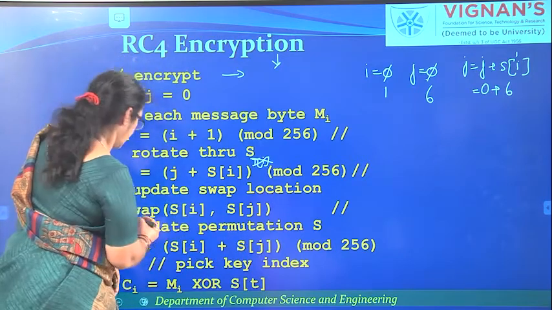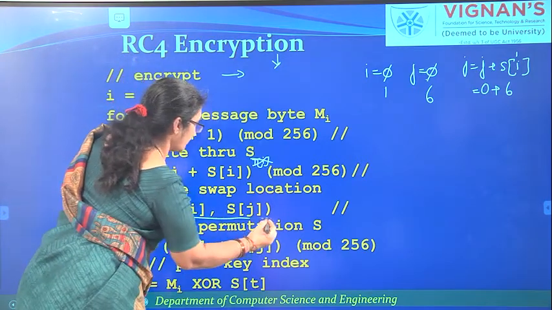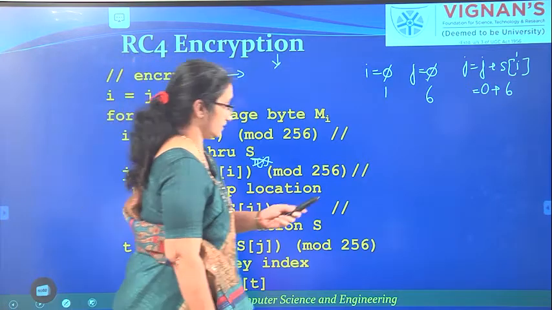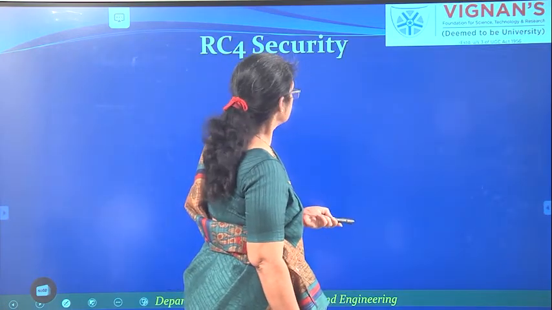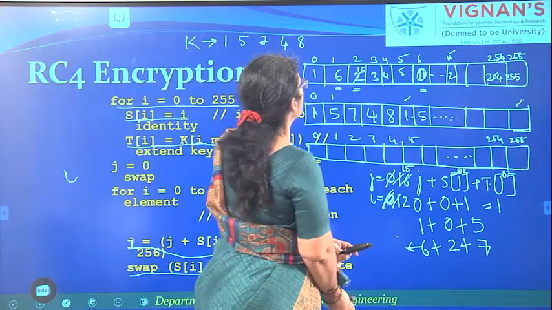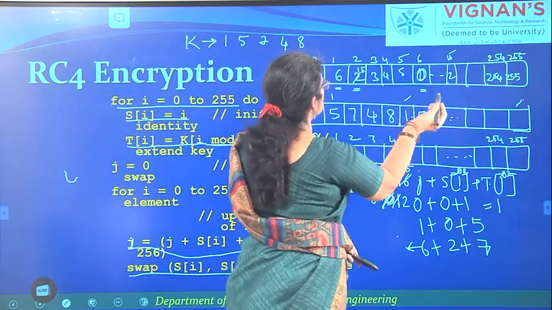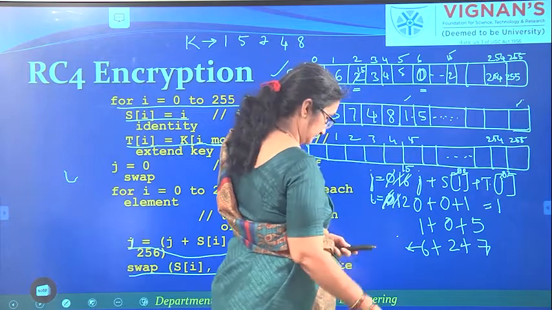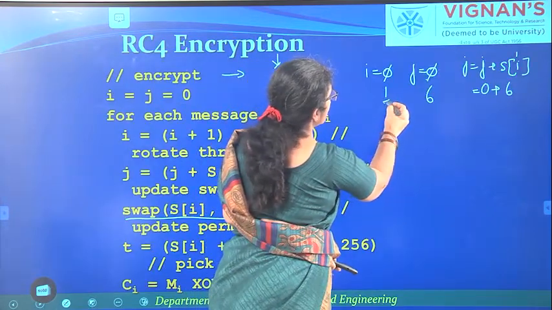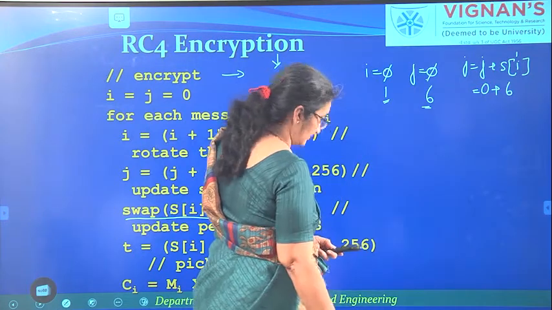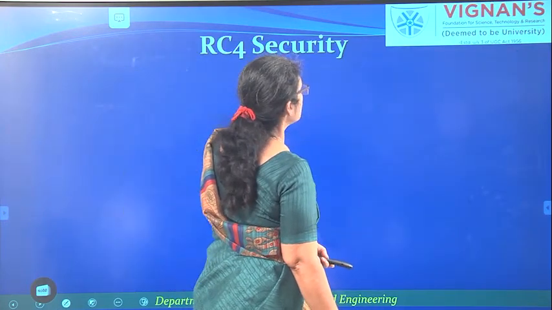Now you have to swap S of i with S of j. When you swap S of i with S of j, i is 1 and j is 6. Let us see what is there in S of i and S of j.